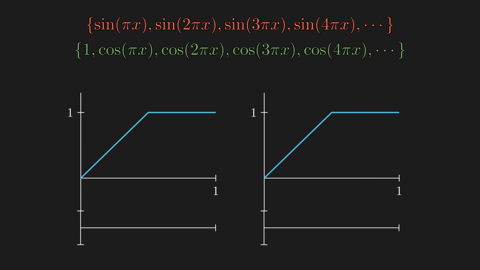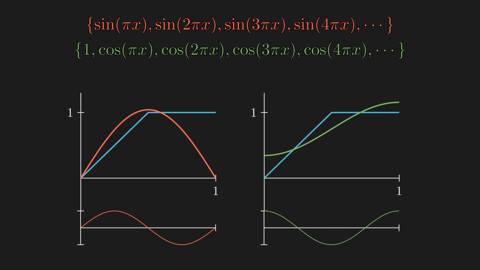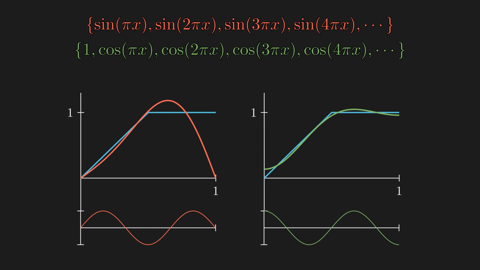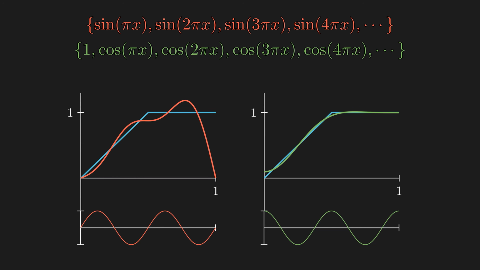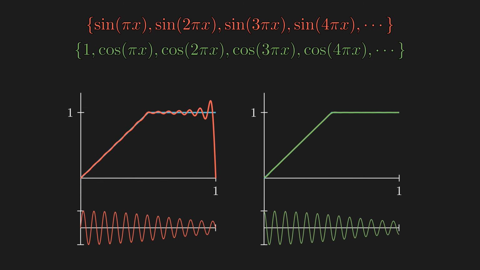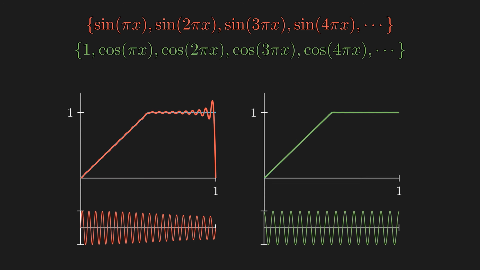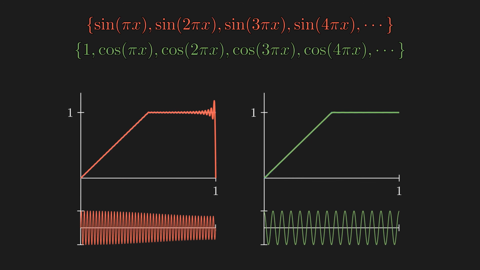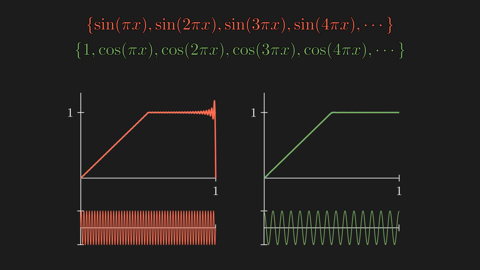And he solved it using a technique that we now call Fourier series, which says that any reasonable function in an interval can be represented by infinite series of sines or cosines, or maybe both, depending on which one does the better job for the situation. And for this very specific example, cosine series seem to do a better job, since the sine series has to be 0 at the boundary. Also, notice how fast cosine series converges compared to sine series. In practice, we choose the one that satisfies the boundary condition, which we will see in a bit.